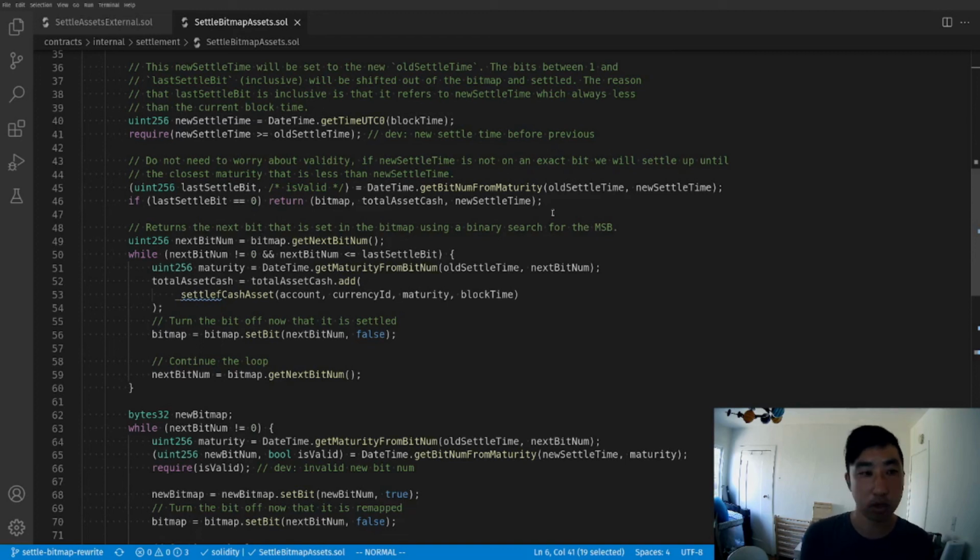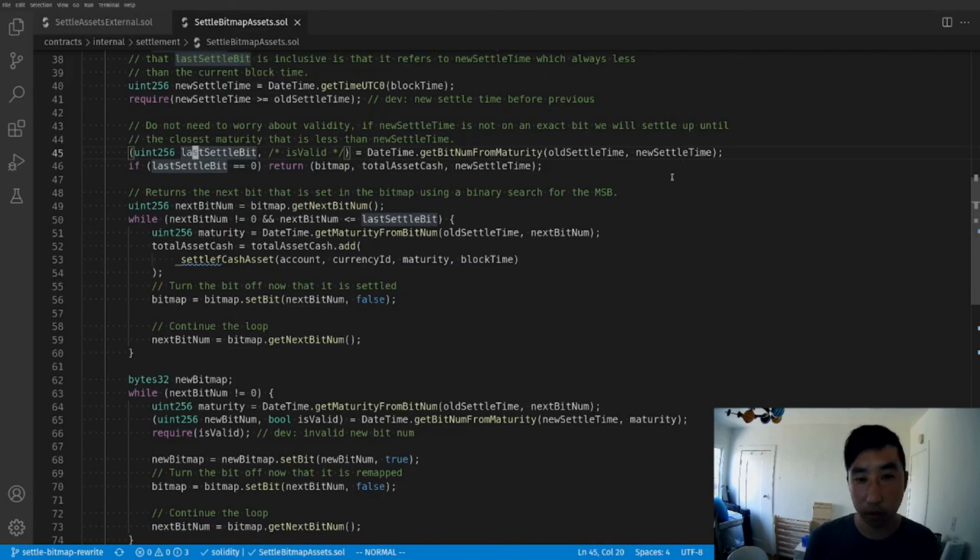So when we calculate this new settle time, what we're getting are all the bits in this bitmap that are now referenced like absolute points of time, like maturities that are in the past, right? All of these bits up to and including last settle bit are less than new settle time, and so therefore we need to go check all those bits to see if they contain Ifcash,